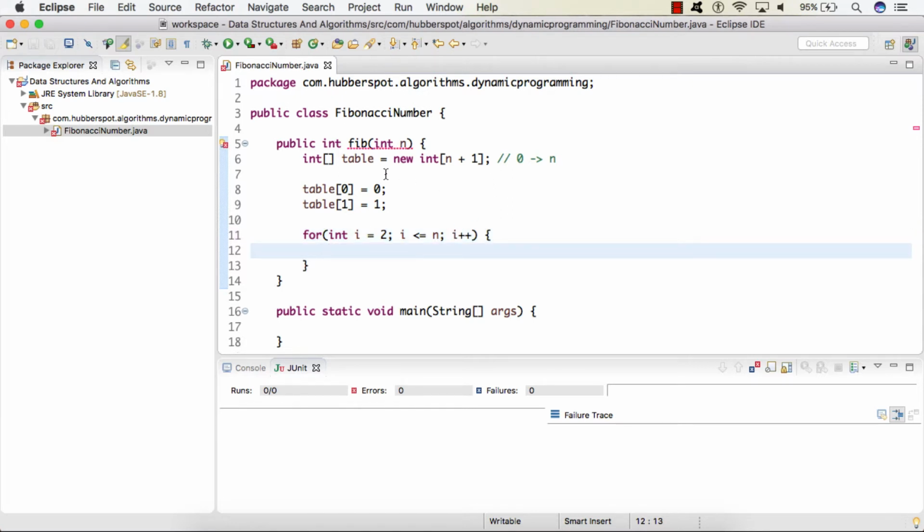So friends, here you can see the advantage of creating a table array. What we can do is simply, let's say if we want to calculate the ith Fibonacci number, we simply do the sum of its two previous numbers.